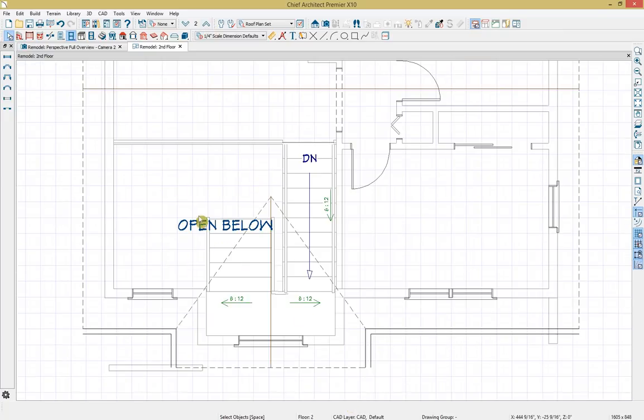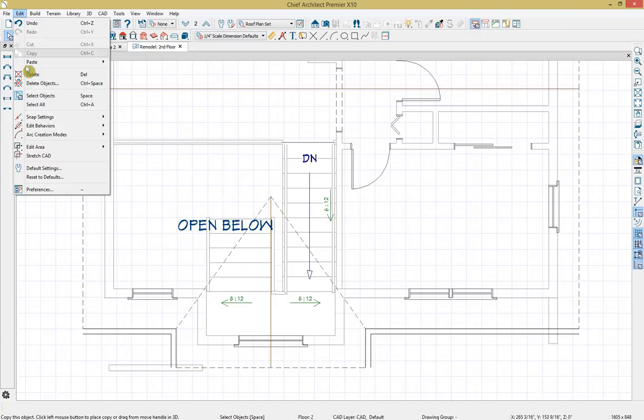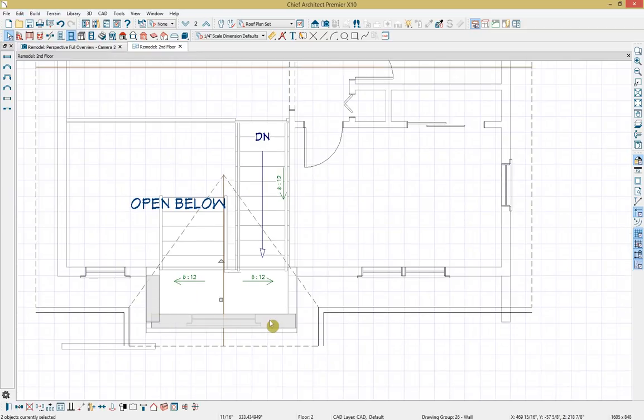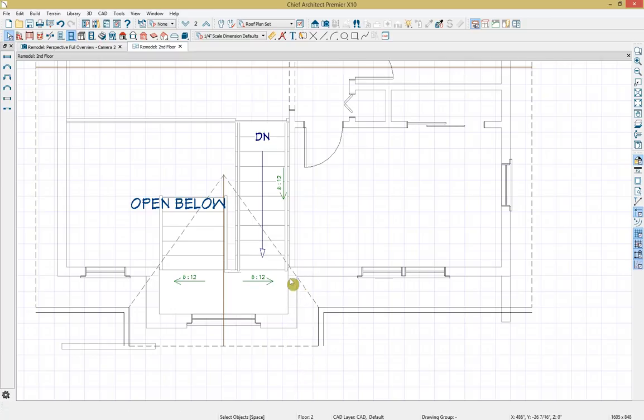go up a floor, and I'm going to use a tool that we used earlier under the Edit menu. Go to Paste, Paste Hold Position, and it will paste those walls in exactly the same position on the second floor. Now I want to extend that stone out to this adjoining wall, so I'm going to select that front